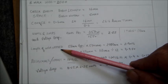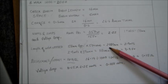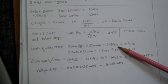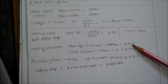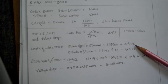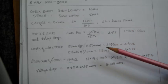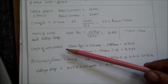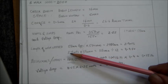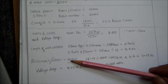So the length of wire needed here is 58 millimeters approximately times 50 turns, which adds up to 2,900 millimeters, which equals 2.9 meters. So that's the total length of our wire needed. I did all this to calculate the voltage drop involved. Well, my chart here gives me the resistance for every 1,000 feet is